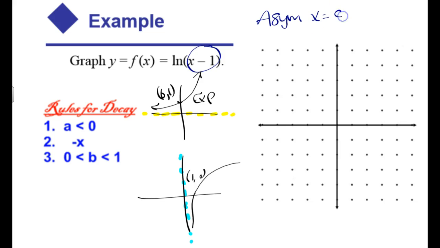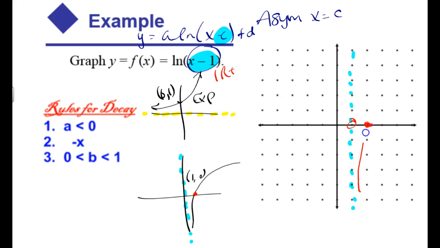And I'm going to look at the general equation here. Y is equal to a, the natural log of x minus c plus d. So I'm looking at this value, this c value, for the asymptote. And in this case, it looks like the asymptote is at y equals 1. And so that actually moved 1 unit to the right. So instead of starting here at 1, 0, like my normal log, I would also move that 1 unit to